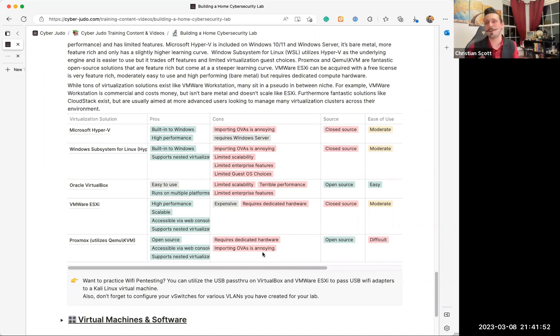So with Proxmox and KVM, you can take the OVAs and convert them into QCOW files. That's what it uses by default. So it's not a problem. When I say, by the way, difficult, I'm not saying impossible for anybody. I just want to note that this content is mostly for a lot of folks getting started in cybersecurity. So comparatively, Proxmox, KVM, QEMU are a little bit more difficult to use compared to your VirtualBox, your Hyper-V, that kind of stuff. And then that leads us